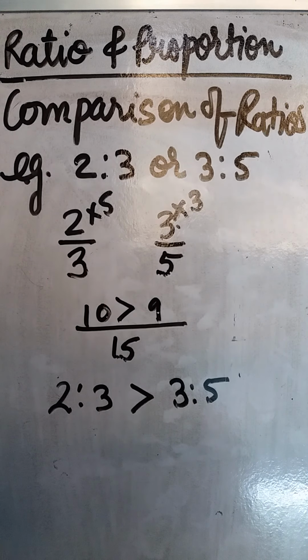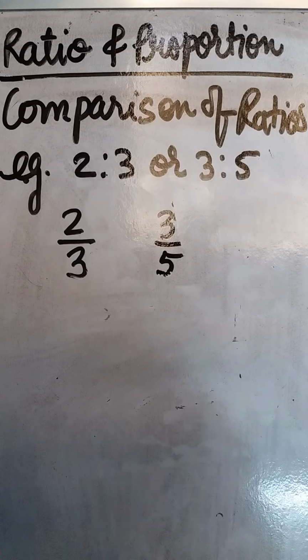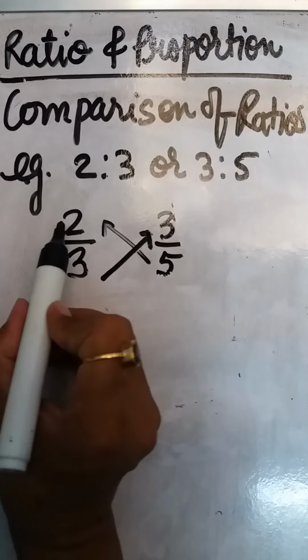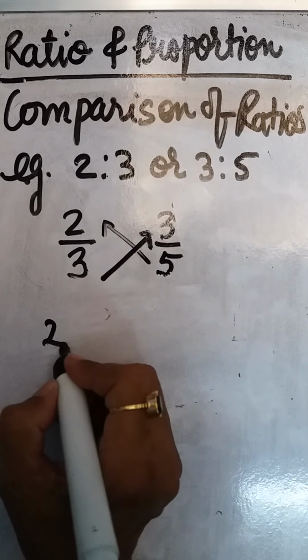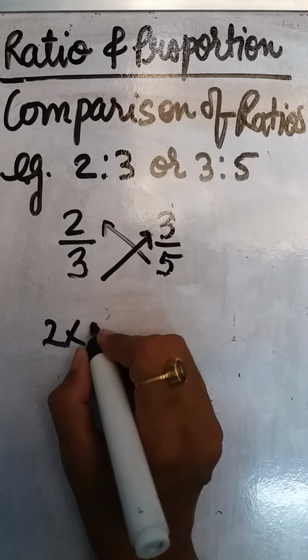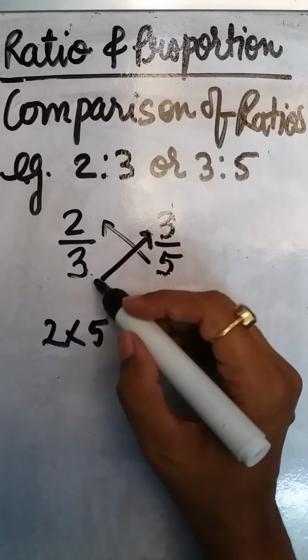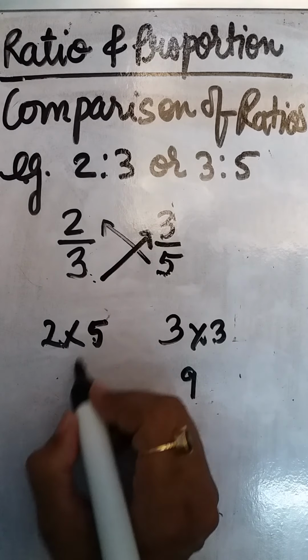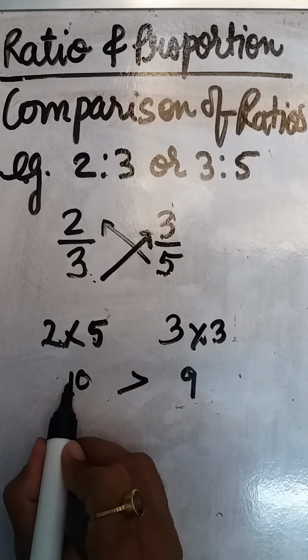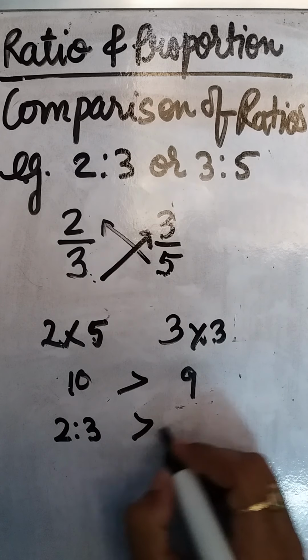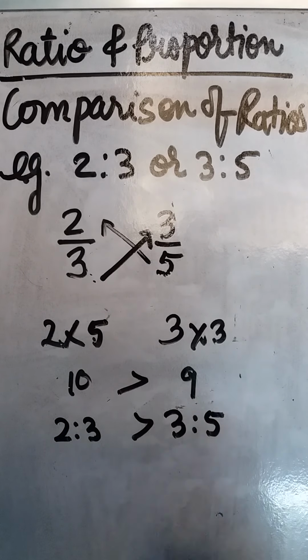We can also do the same question in this manner by doing the cross multiplication. But the thing to be taken care of is that we will write this in the first place, extreme left side, and multiply this with the denominator of the second ratio, and we write this here and this here. Then 3 3s are 9 here, and 5 2s are 10, and we can compare them easily, and we know this 10 belongs to this and this belongs to this. So we can directly write down the answer. 2:3 is bigger than 3:5. In this manner we can compare the two ratios.